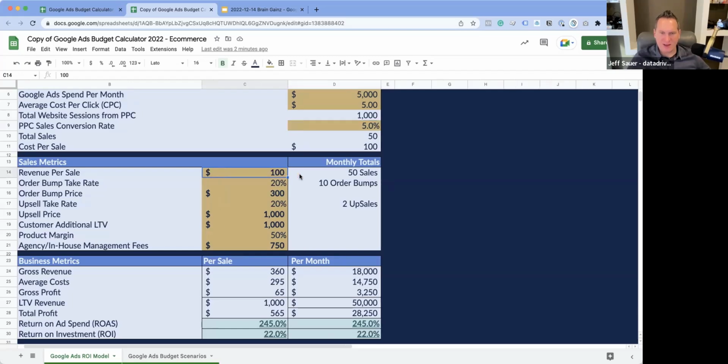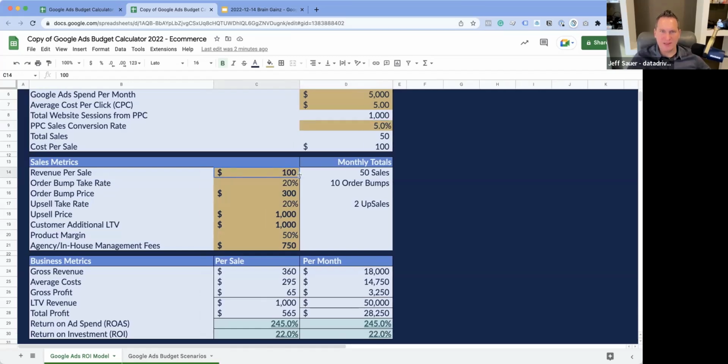Obviously, revenue per sale is very different depending on the type of business you have. If I say e-commerce, let's just say that's a pair of shoes. If you're doing physical products, maybe you want to be at a lower price point. Maybe you want to do a little bit of a loss leader, meaning it's a product where you might not make any money on it, but it does get somebody into your system. And then you utilize these order bumps and upsells in order to increase the value.